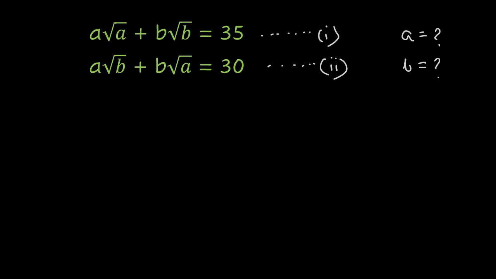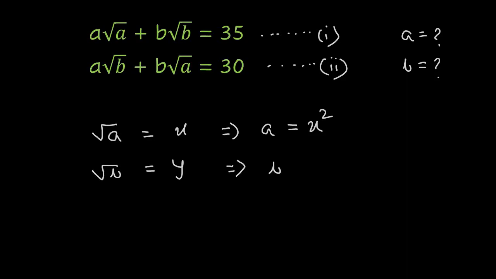We can consider square root of a equals x. From here we get a equals x square. Again, we can consider square root of b equals y. From here we have b equals y square. If we put the values of square root of a, square root of b, a and b in equation number 1, we have